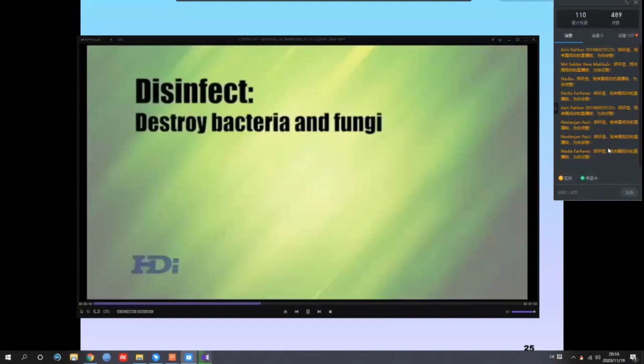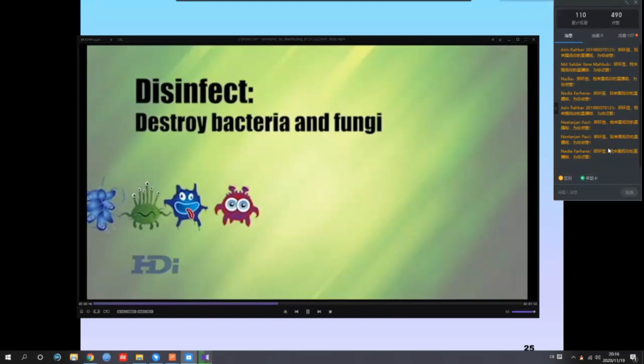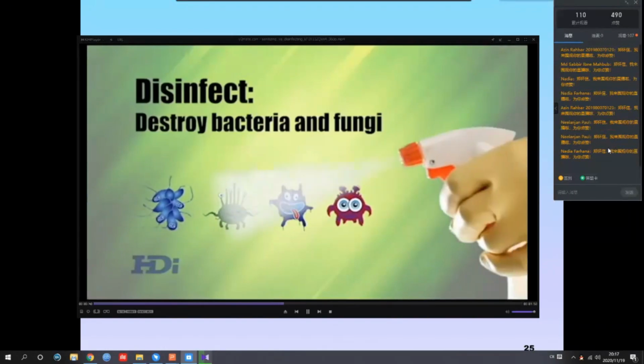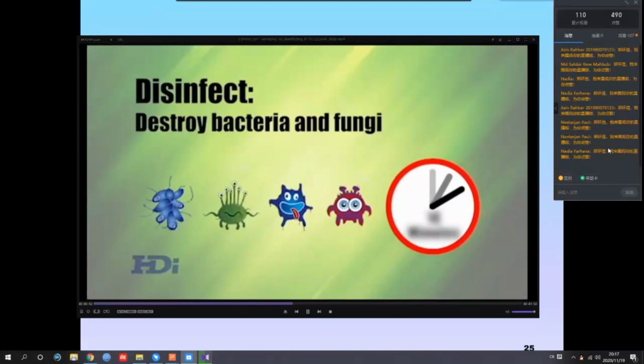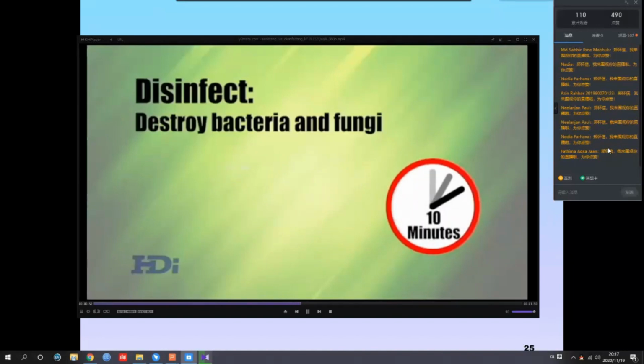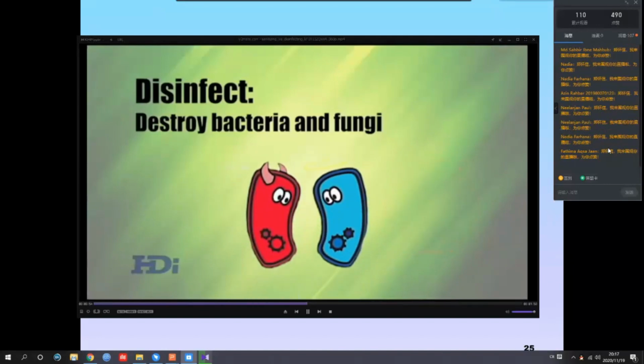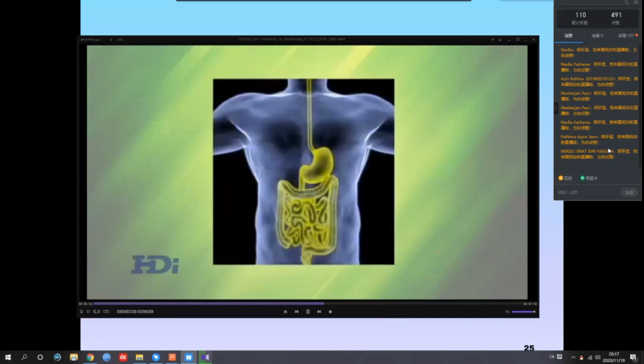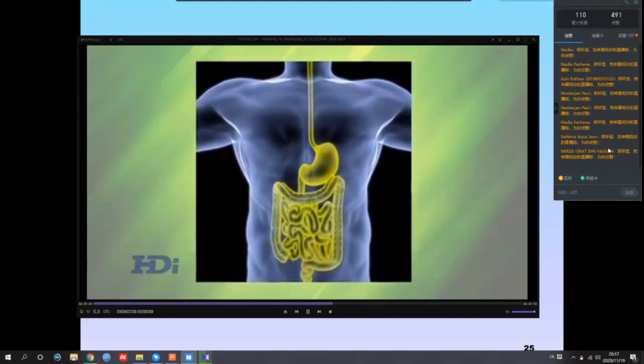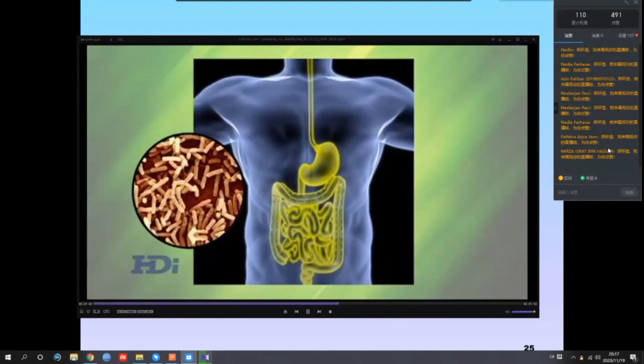Disinfectants are different. Disinfectants destroy infectious fungi and bacteria on hard surfaces. This takes some time. Treated areas must stay wet for 10 minutes, and disinfectants do not recognize the difference between good and bad bacteria. It destroys it all. That's a problem for us. There are millions of good bacteria swimming inside of us all that we need to stay healthy.